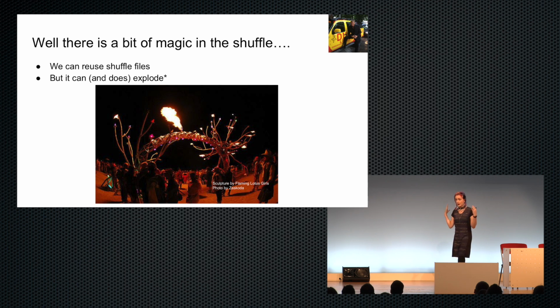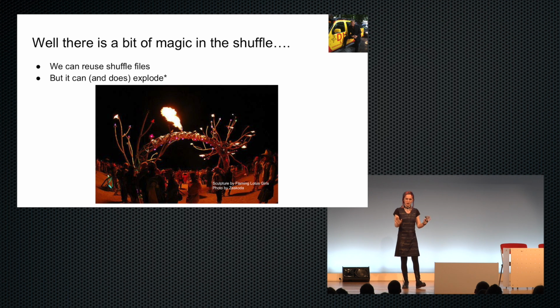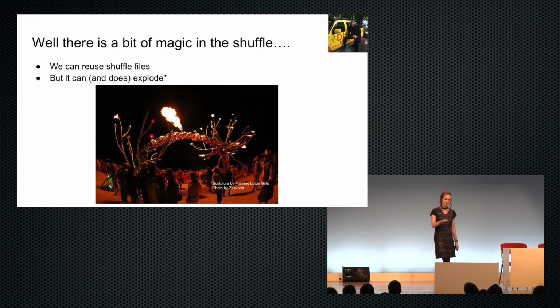But yeah, so we can just add some junk to our key, and it works pretty well. And here's our first David Hasselhoff in the top corner, I think, or at least what Google Images told me was David Hasselhoff. And we've got some fire too for good measure. So the shuffle actually has a bit of cool magic inside of it, and it's sort of an artifact of the way the shuffle is implemented in Spark.